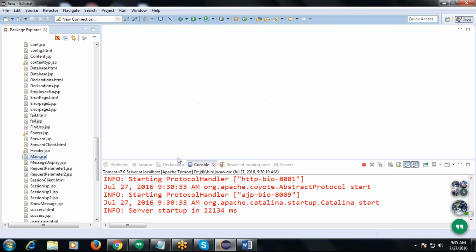What is meant by action and how we can use the actions concept here, you see.